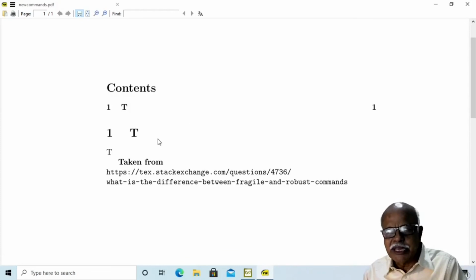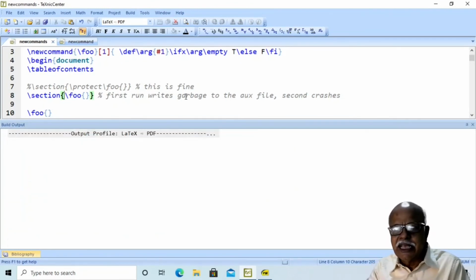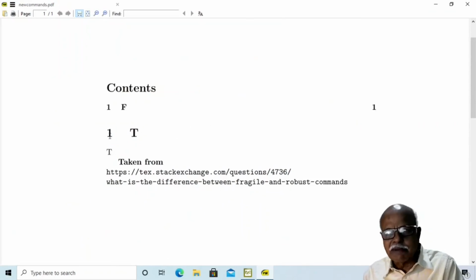Seems to be okay. On the first run it writes like this. Compile it once again. You will find the results in the output are wrong. The section heading contains T, while the table of contents contains F.